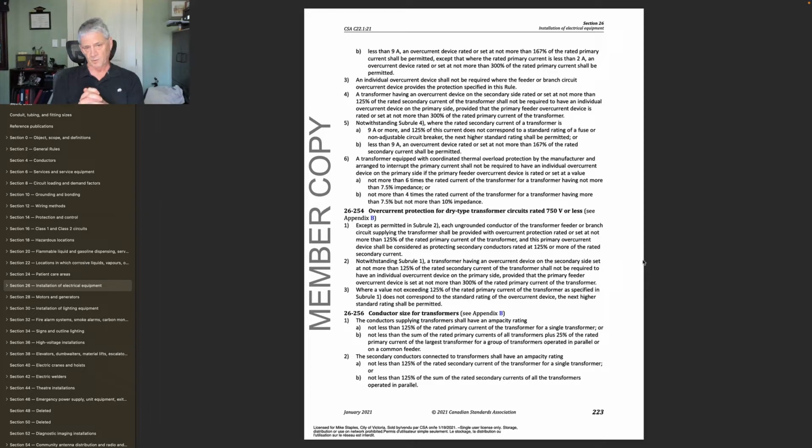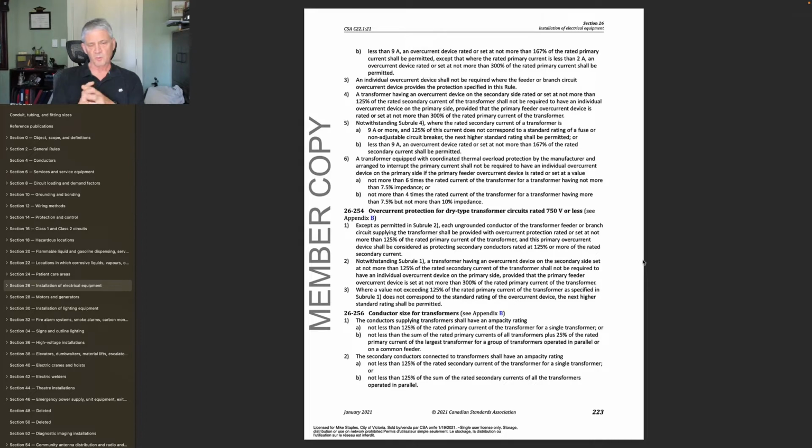Now, notwithstanding Subrule 1, a transformer having an overcurrent device on the secondary side set at not more than 125% of the rated current of the transformer shall not be required to have an individual overcurrent device on the primary side, provided the feeder overcurrent device is set at not more than 300% of the rated primary current of the